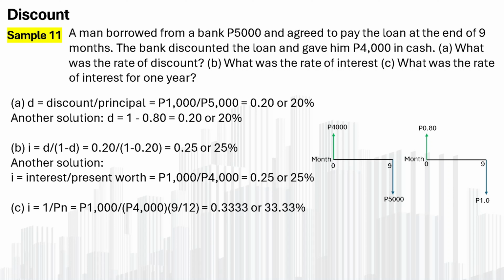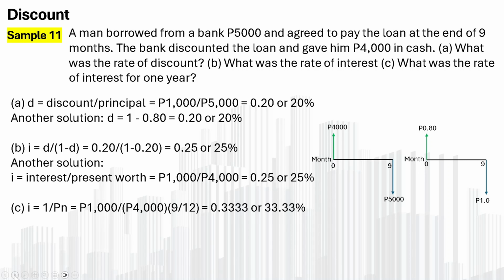Again, makikita nyo guys dito, iba yung rate of interest throughout the period na yun, and then what was the rate of interest for 1 year. So yung rate of interest na yun, over the period of 9 months yan, that's the difference. And then there's a difference within the whole entire year lang naman yun. So you have to convert yung 9 months na yun over your per year basis. Okay? Kasi naka 9 months yun eh.